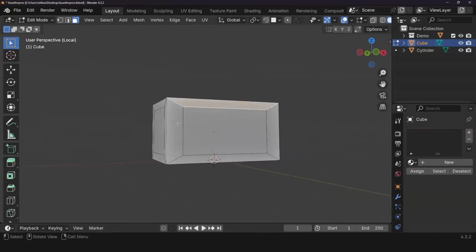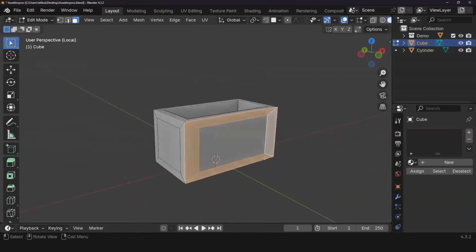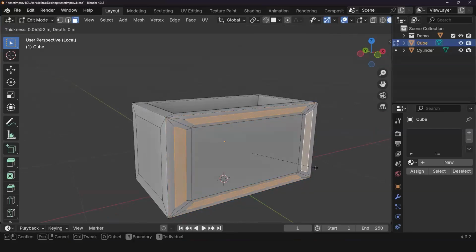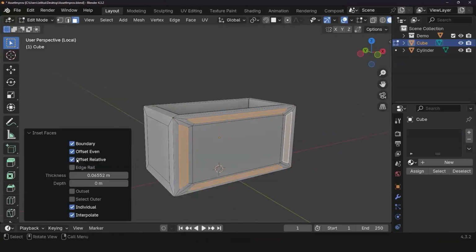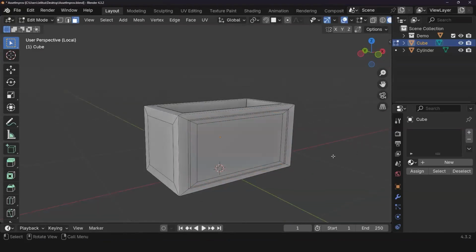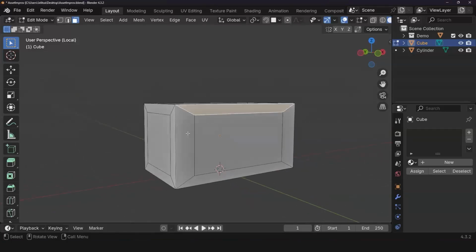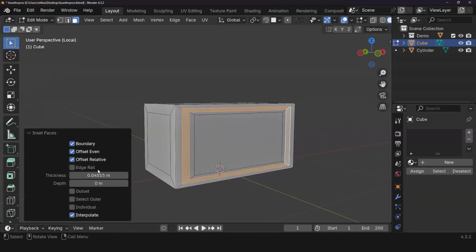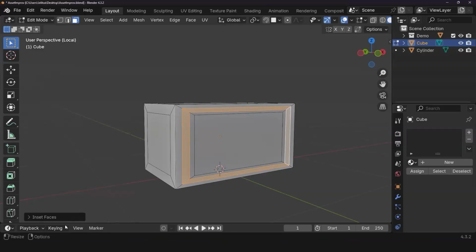How'd you fix the inset individually? All right, so I'll give you an example. Let's say I have these guys and I want to press I. Never do that, by the way. But I'm going to click off individual and try this again. So basically, when you press inset, the menu over here on the bottom left-hand side pops up, and it will look like this. If I were to click off, you can't Control Z and get back to that. You have to do the function again.